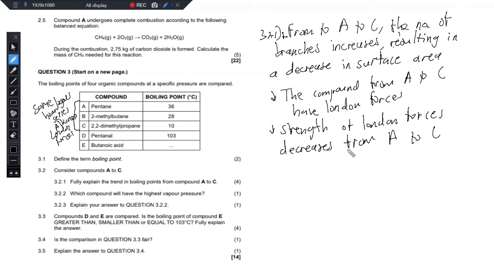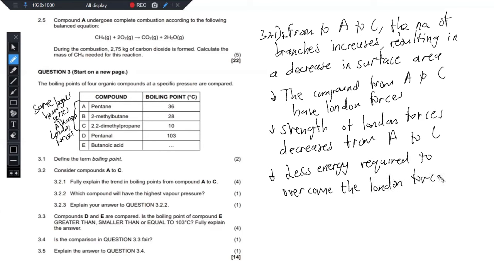So strength of London forces decreases from A to C. And then less energy required to overcome the intermolecular forces or the London forces from compound A to C. Thus, the boiling point decreases